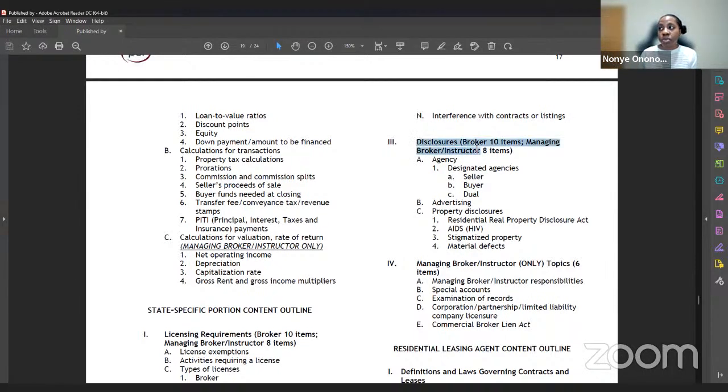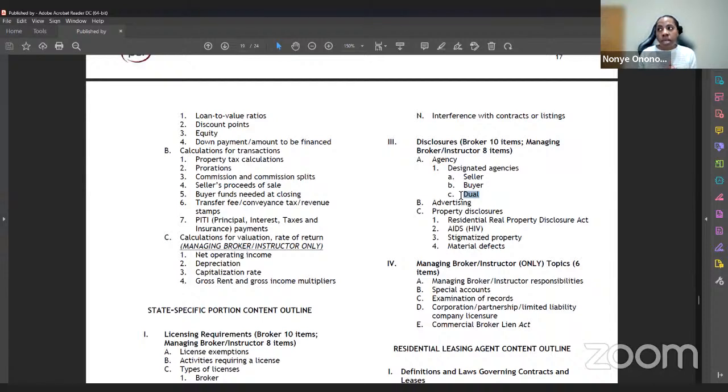Here, disclosures. Remember, we always disclose who we're working with. If you're working for the seller, make sure that any potential buyer knows that you represent the seller. If you need to have it in writing, actually, you should have it in writing so that there is no question of, oh, you didn't tell me, right? When you are a designated agent for a seller, a buyer, or if you're doing dual agency, make sure you have all the right